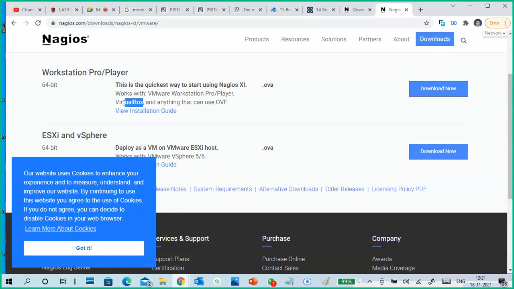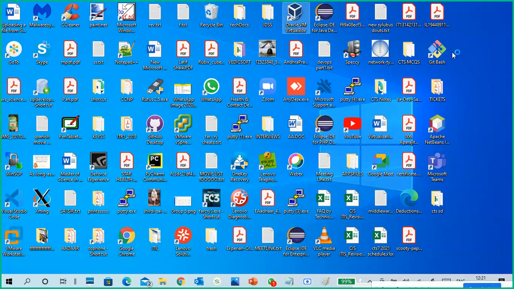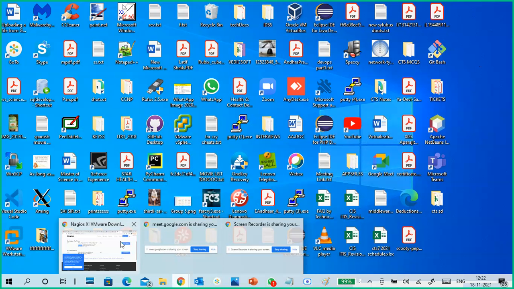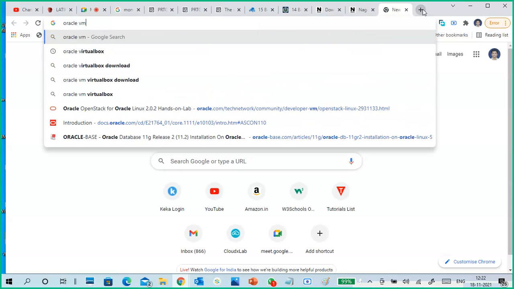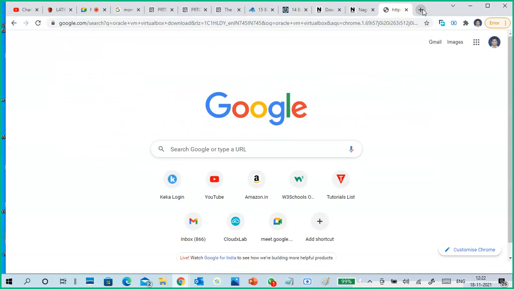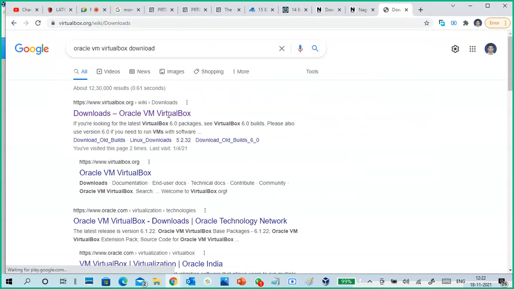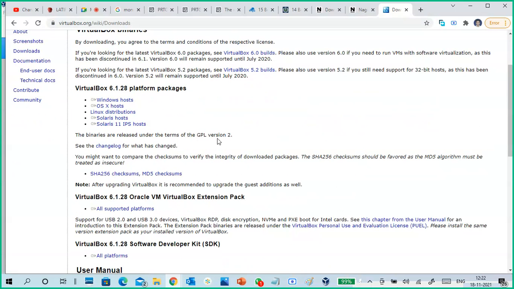You can use it for VirtualBox also. See, here it is. This is VMware, this is VirtualBox. This is VMware Workstation. This is an application available freely. You can download it from the Oracle website. Very simple. Search Oracle VirtualBox download. Just download the latest version of VirtualBox. You can use this one also.